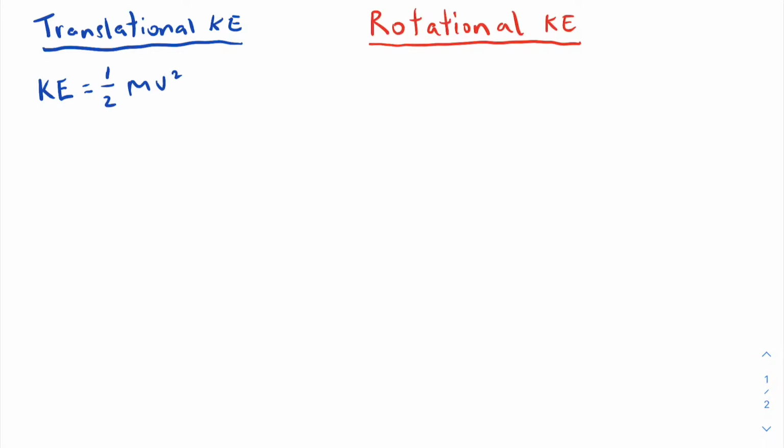For rotational kinetic energy, we'll need to use a different but somewhat similar formula. In most of my rotational motion videos, I've discussed how the formulas are really just the rotational equivalents of the translational motion formulas that you already know. The same thing actually holds true for rotational kinetic energy. We just need to replace mass and velocity with their rotational equivalents. For that reason, rotational kinetic energy can be written as 1/2 multiplied by the moment of inertia multiplied by the